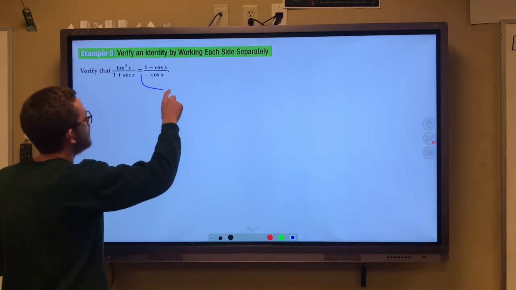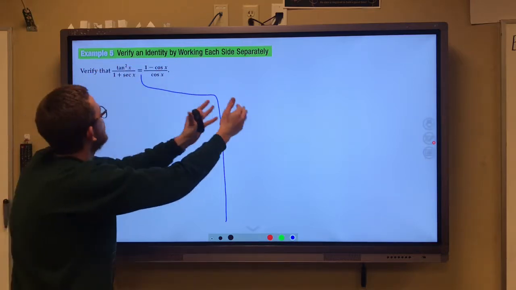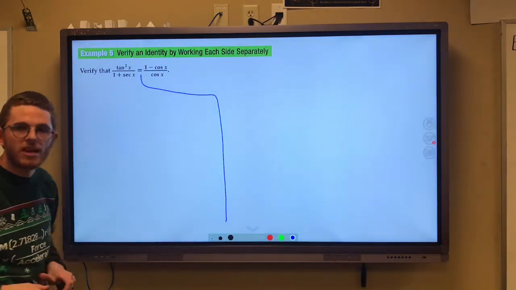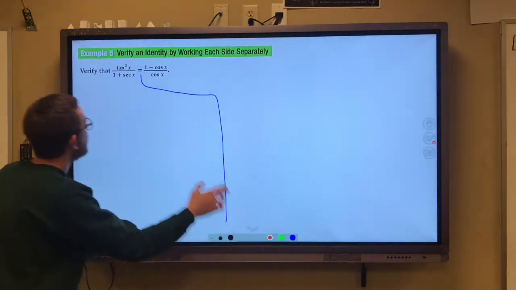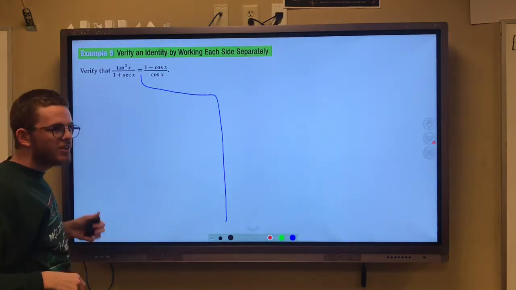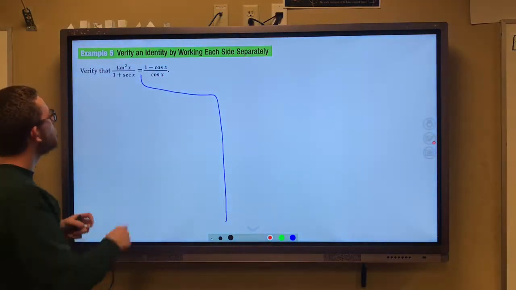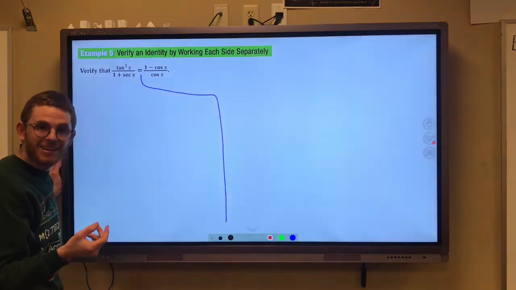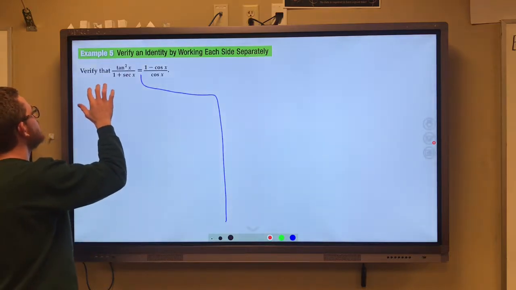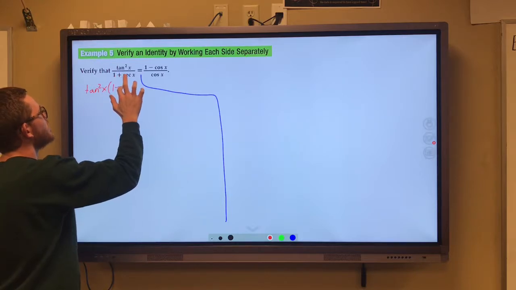So I'm going to kind of draw a line straight down and keep everything with the tangents and the secants over here and the cosine over there. And then hopefully by the end we have the same thing on both sides. So start over here on the left. Notice we have tangent squared over 1 plus secant. Tangents and secants, those are related in our Pythagorean identity. And so I'm going to multiply the top and the bottom by 1 minus secant, again to produce that difference of squares. So that gives me tangent squared of x times 1 minus secant of x